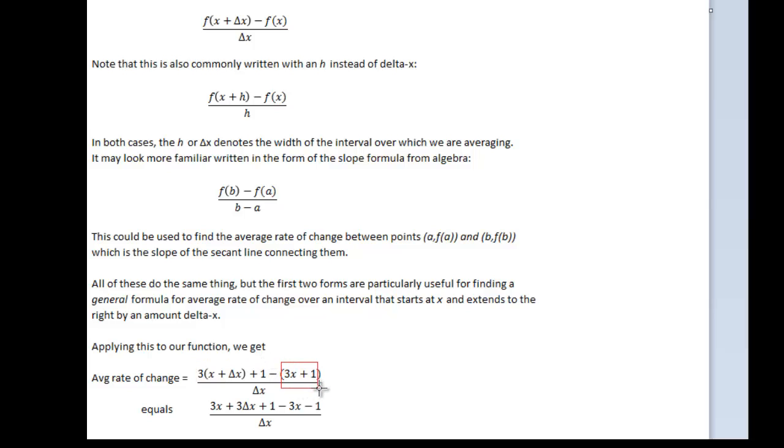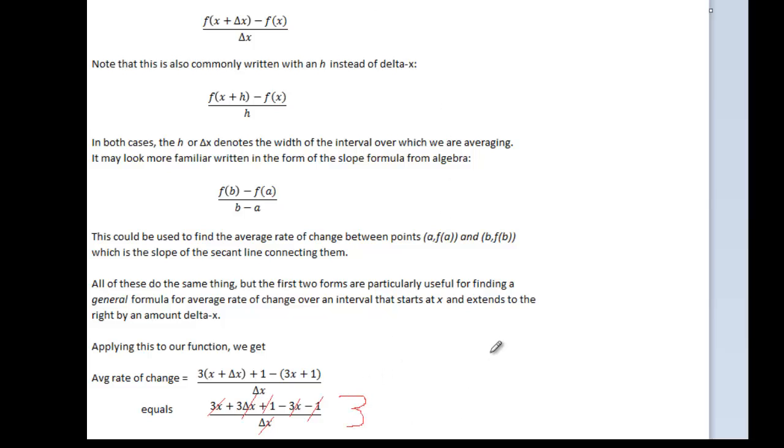Then we subtract from that the original function. And then we divide by delta x. At this point we have some algebra to do. This 3x is going to cancel that 3x, and the 1 is going to cancel the minus 1. So all we're left with is 3 delta x divided by delta x. Well, the delta x's are going to cancel too, and at the end what we are left with is simply